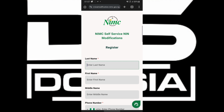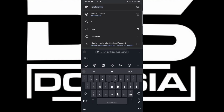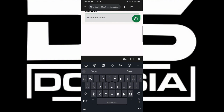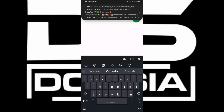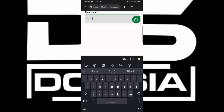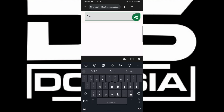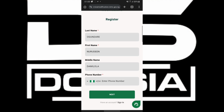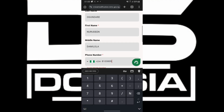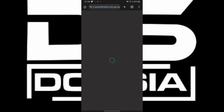When you click on register, you're going to enter your full name and everything: your last name, your first name, your middle name, your phone number, then you are going to take a